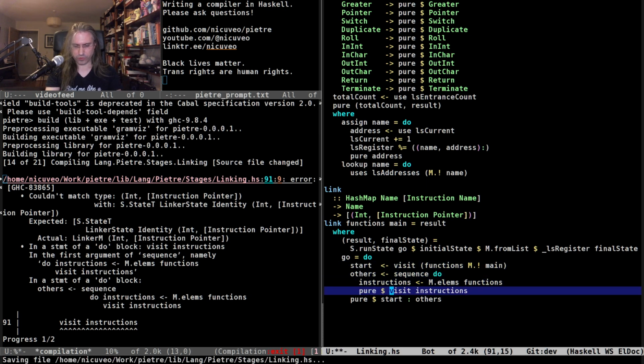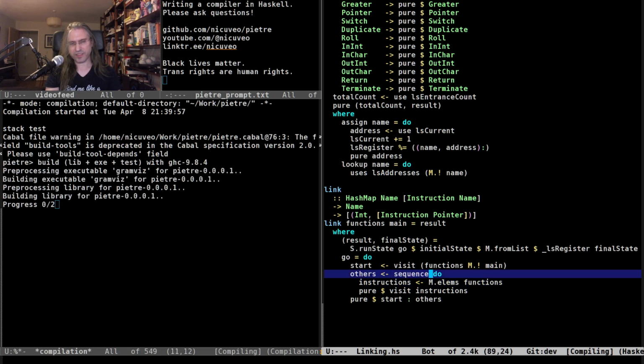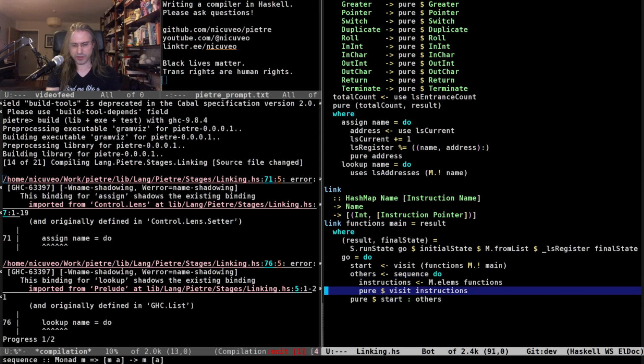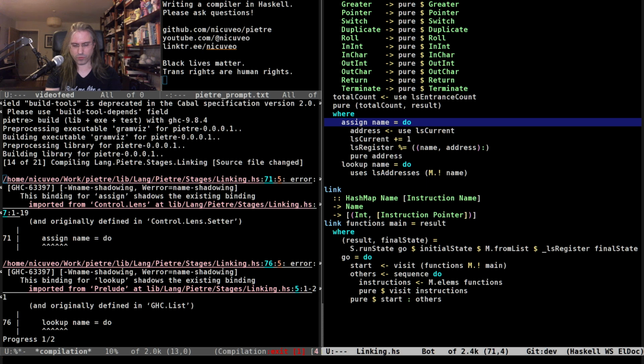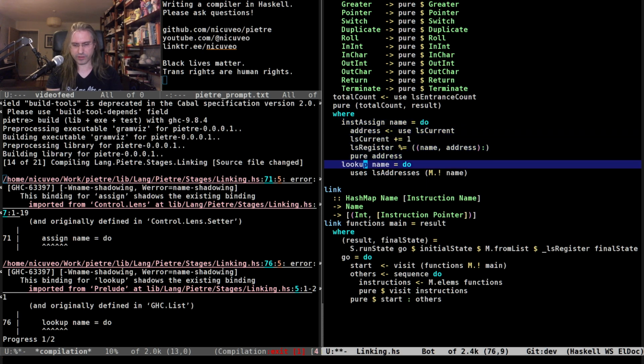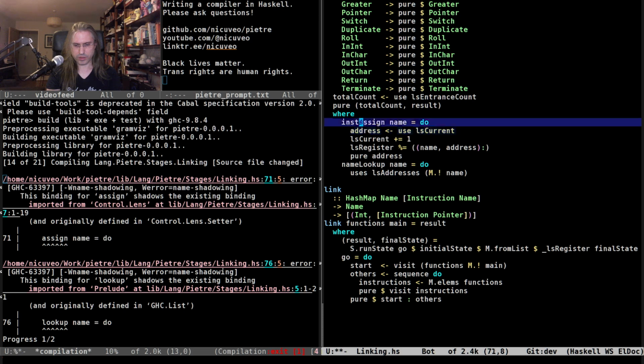Pure visit instructions. Because this sequence, we are creating a list of monadic actions, so I need to put this thing into a list. Name shadowing, so assign is already a thing in lens, and lookup is already a thing in GHC list. Okay, so let's rename them: instruction assign and instruction or name lookup and address assign.